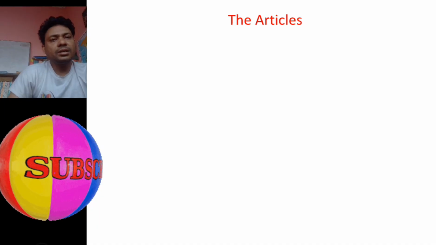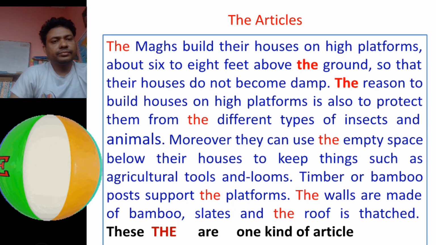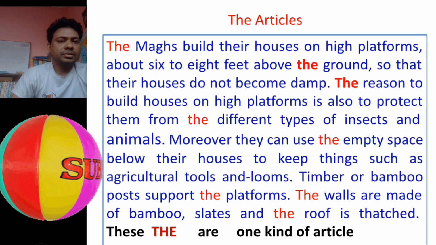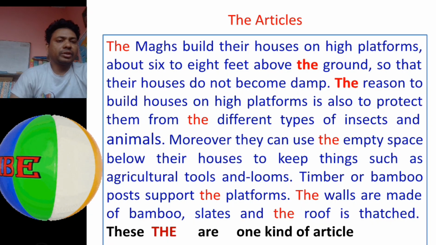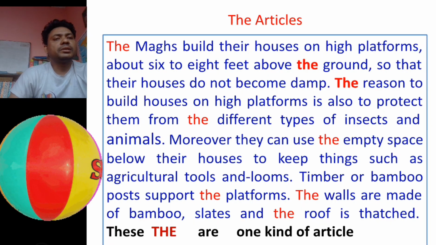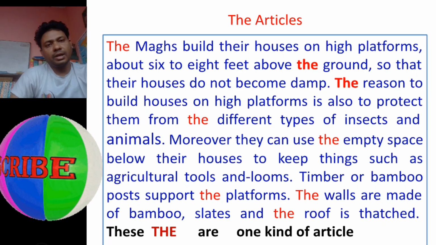Today's topic is articles. You know that articles, friends, these are the one kinds of articles. Okay. তো এখানে একটা প্যাসেজ দেখা যাচ্ছে, যে প্যাসেজের ভিতরে কিছু রেড কালারের মার্ক করা আছে, যেগুলি এক ধরনের আর্টিকেলস।